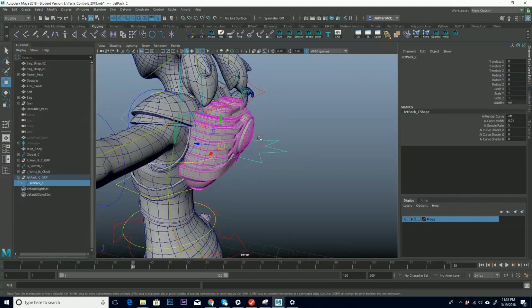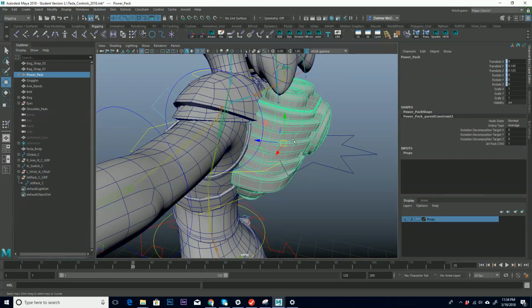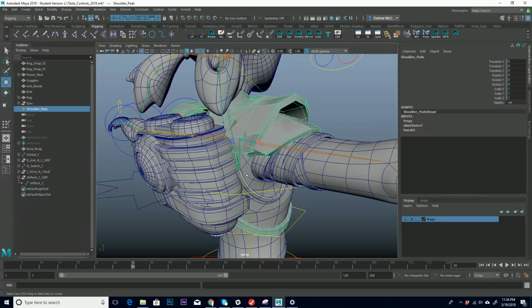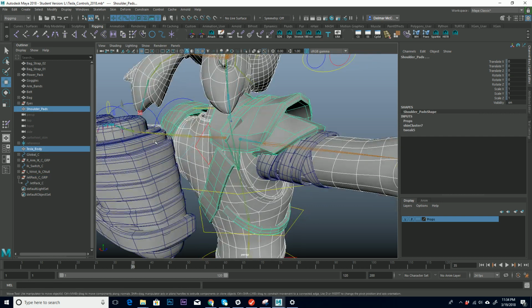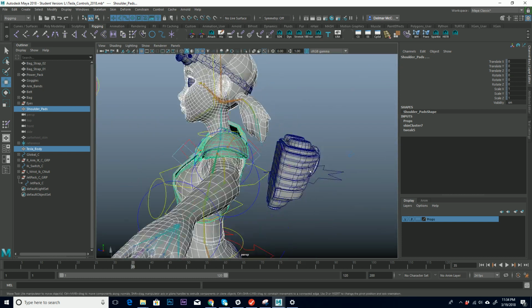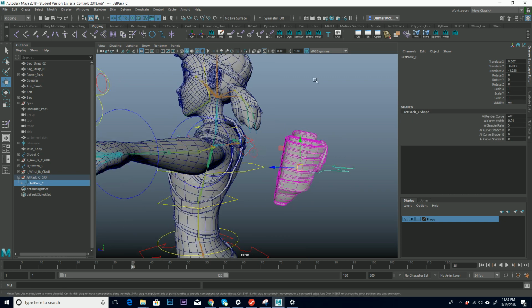And then what I would do is I would add that joint to the hierarchy of the body, and then I would skin the power pack to that joint, and also I would use that to also skin a portion of these straps, these back straps right here, all these ends, to the jetpack here, so that I would then have the option of when I move this, these straps would pull back like they were attached, and move that around or rotated it, and all this geometry would come with it,